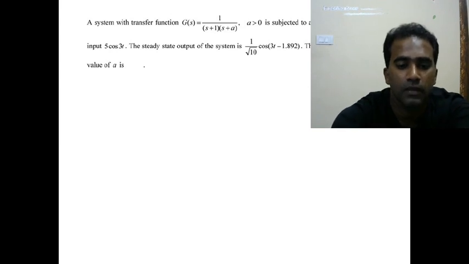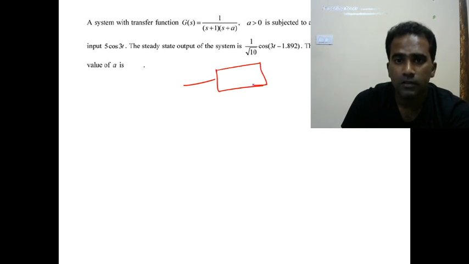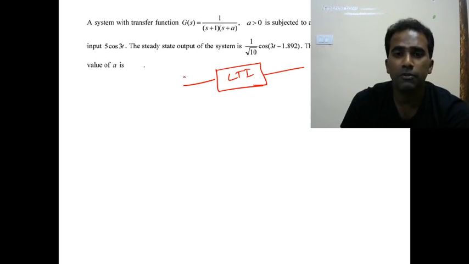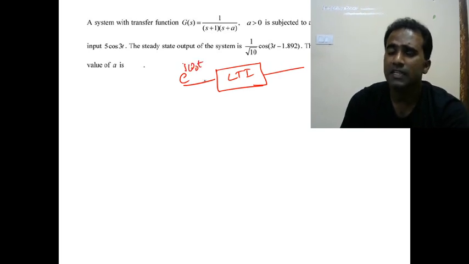Next, let us talk about this one. Before talking about this one, let me give you some basics here. If you're talking about an LTI system, generally we should know the concept of eigenfunctions. If you apply an input e power j omega naught t to the LTI system, this function, exponential functions or complex sinusoidal signals, these signals are eigenfunctions of LTI systems, which means the output of,